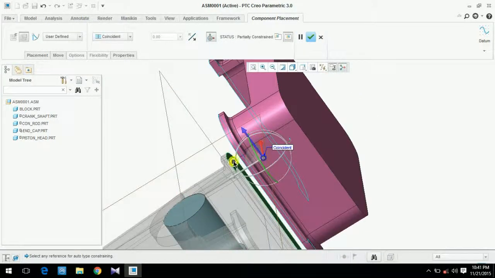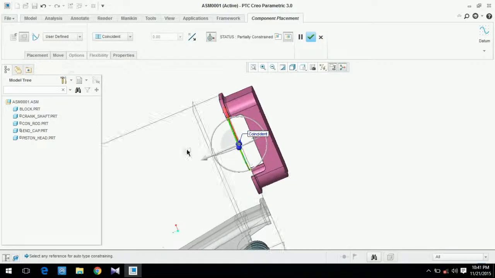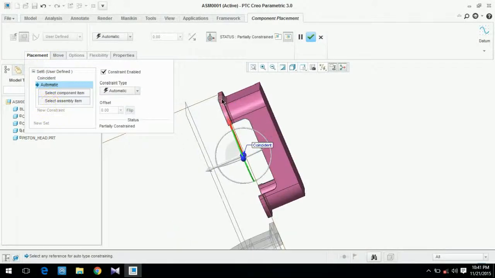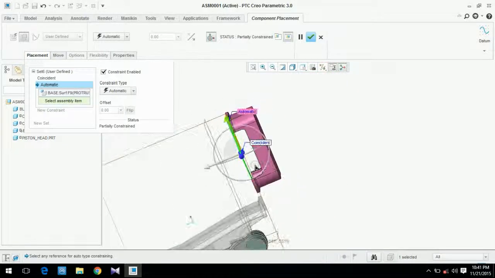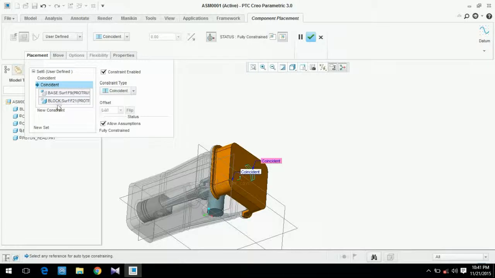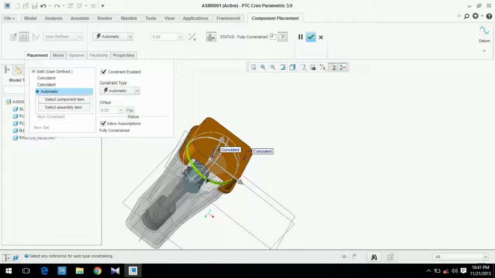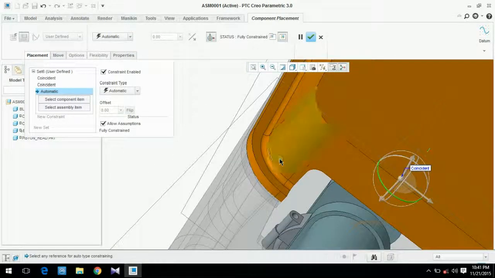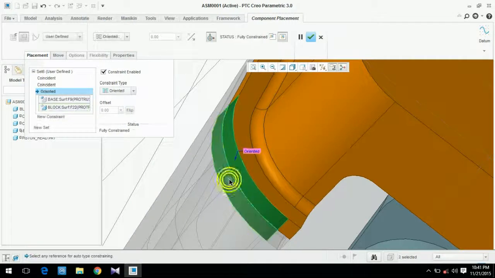Now new constraint, and select this and this. Okay, but still it has a new constraint left empty because it can be moved. So again one more surface, coincident, and okay. Now our assembly is complete.